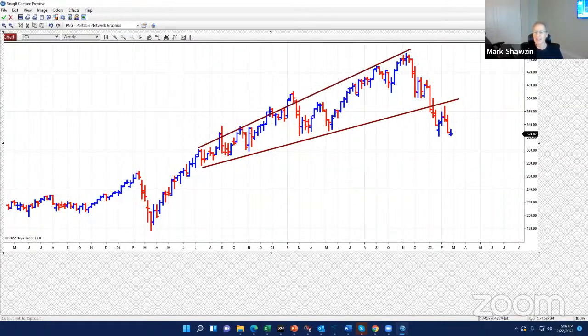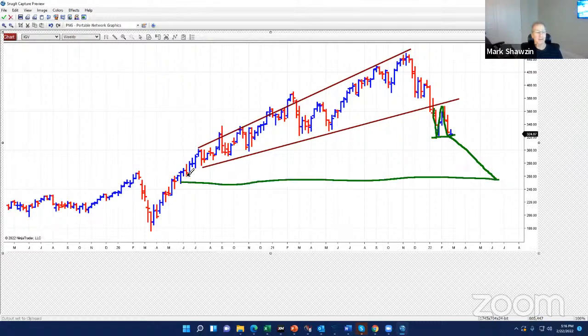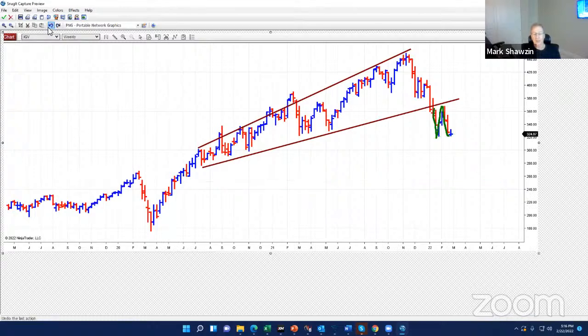You can see that this thing broke out, and just like Pound Australia, it broke back to the breakout area, and now we're taking this out, and we know what happened to Pound Australia. It went right back to the beginning. So these are precedents. It's like in law, you have precedents, where one thing informs you how to make a decision on another thing. And that's the magic of these charts.